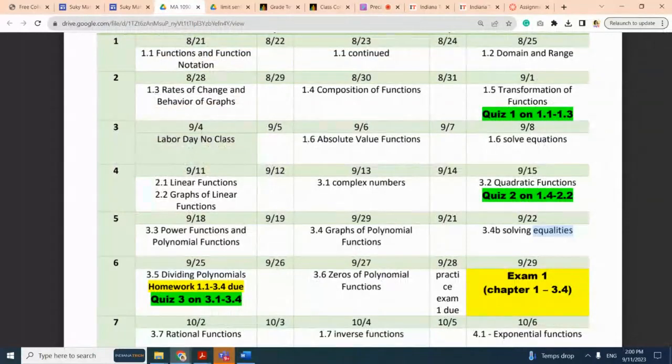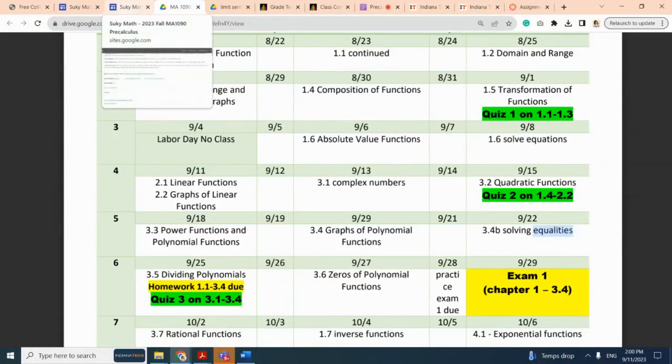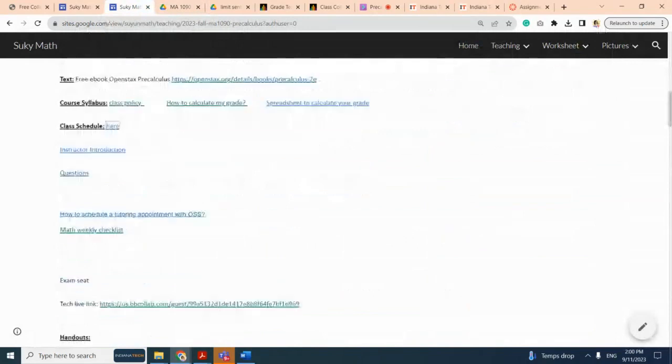So today we will finish 1.6 and start 2.1 and 2.2. So this Friday you will have a quiz about 1.4 to 2.2. Okay, everybody. So I hope you can finish your homework so then you can take the quiz. Review your notes and then do your homework and then do the quiz. Again, for your quiz one, if you don't get greater or equal to 8 points, please